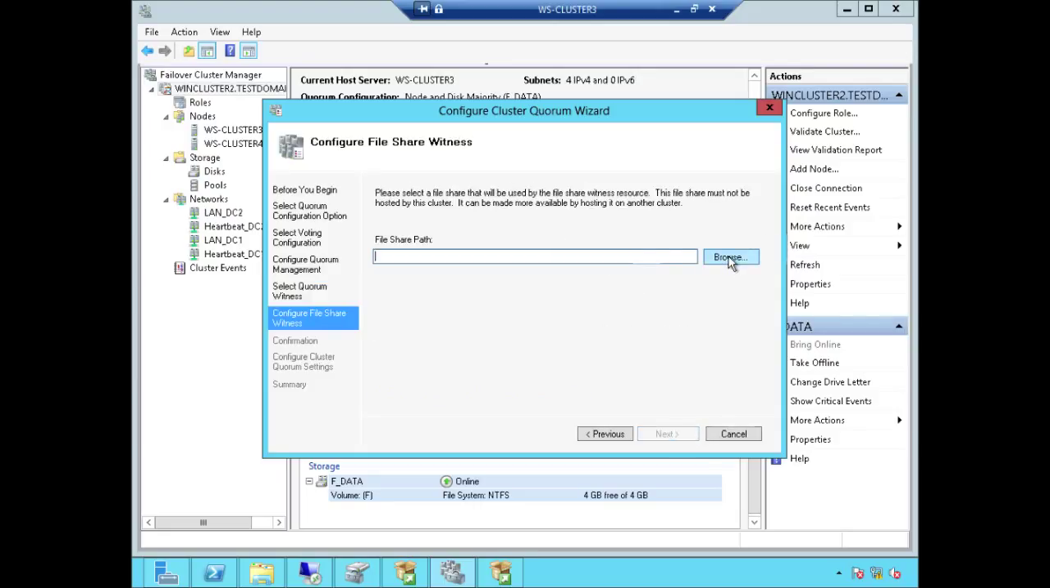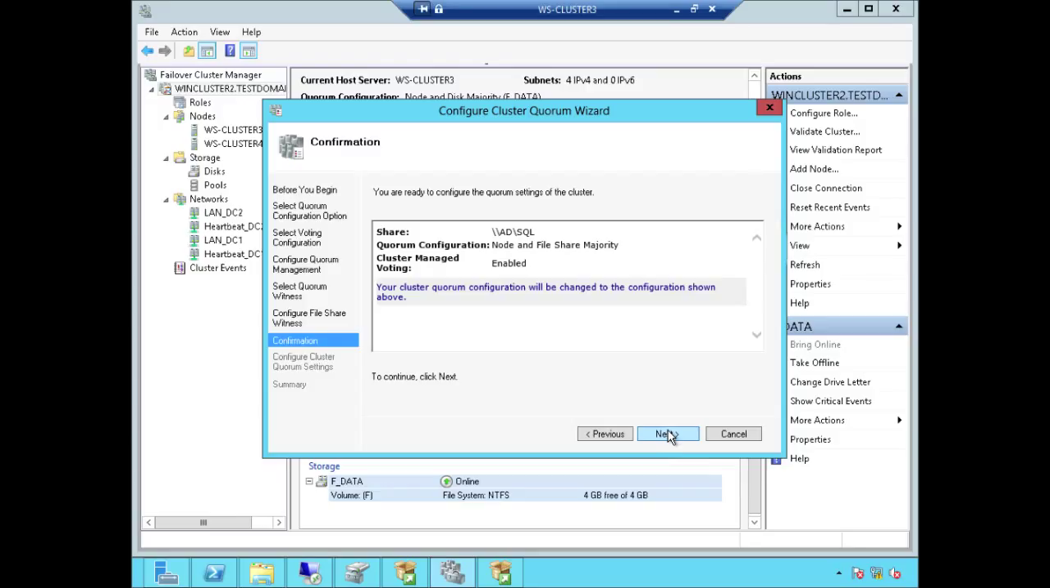File share path. I'll use a file share path that's accessible to all of the nodes in my cluster. And I want to make sure that this file share is hosted on a highly available file share, maybe a clustered file share if you may. I'll click on next and next